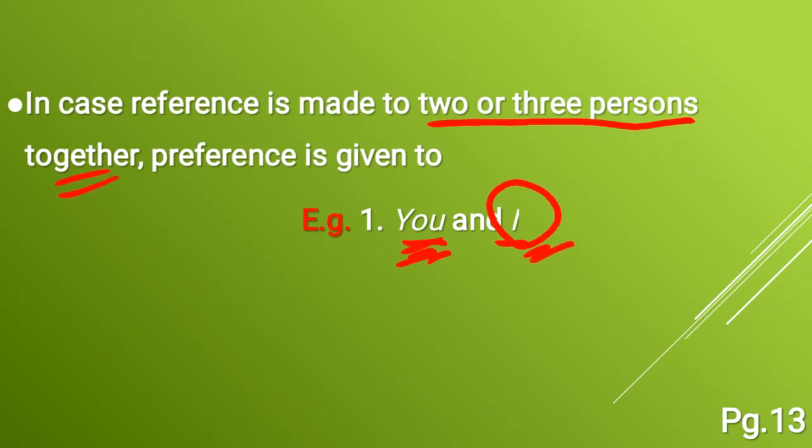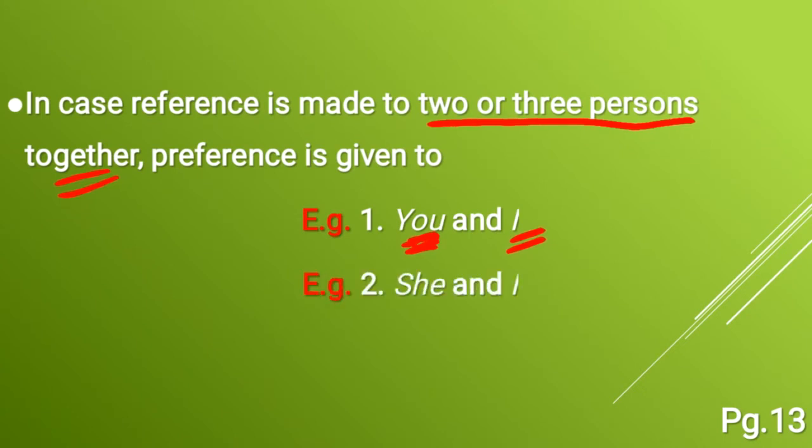Okay children, you should not write I in the beginning of the sentence. Okay, because you are going to write one more pronoun, isn't it? So children, first the second or third person will be written here, and then you should use the first person singular subject pronoun. Got it? The same for third person. This is second person and third person.